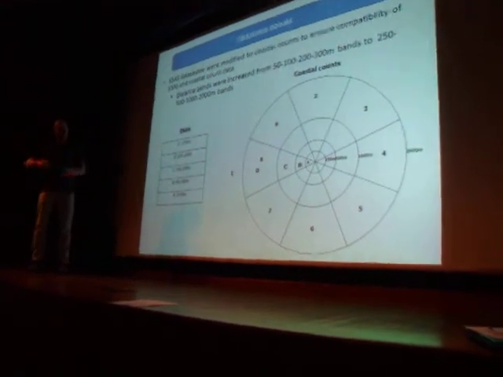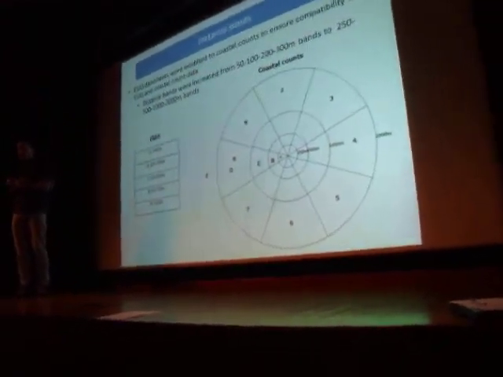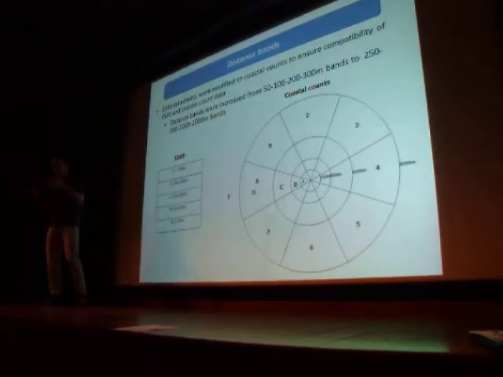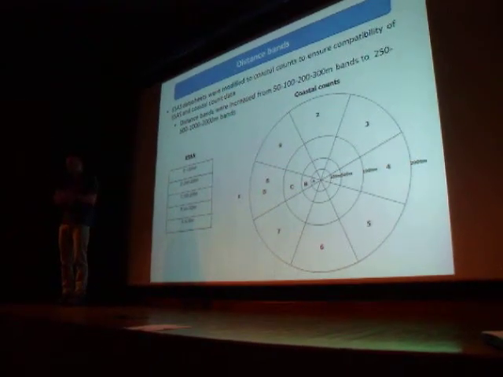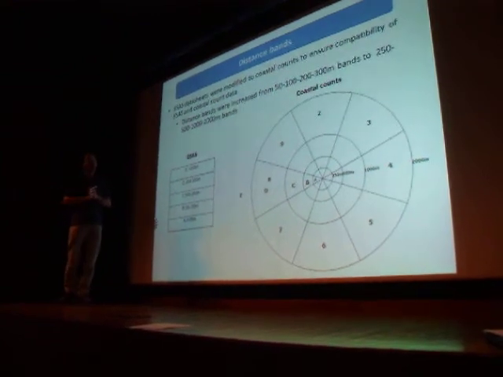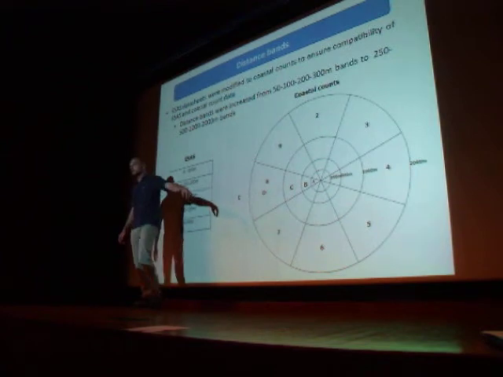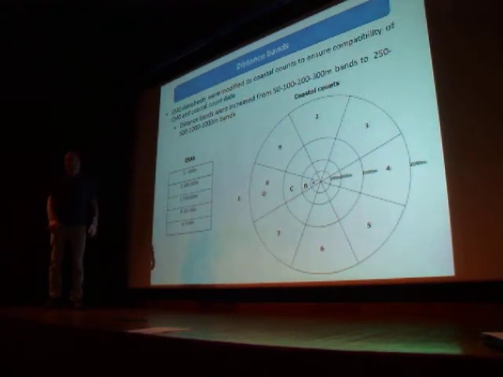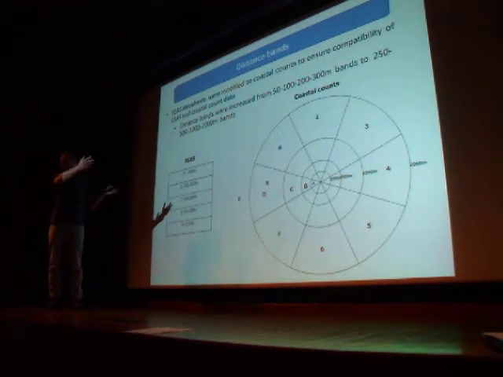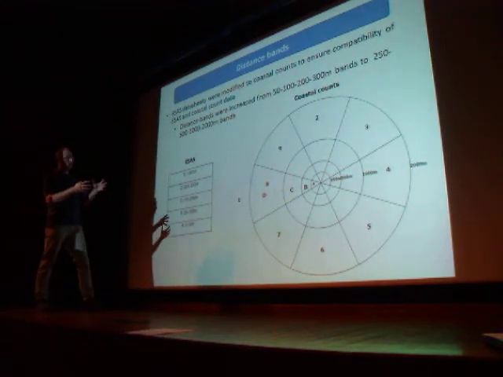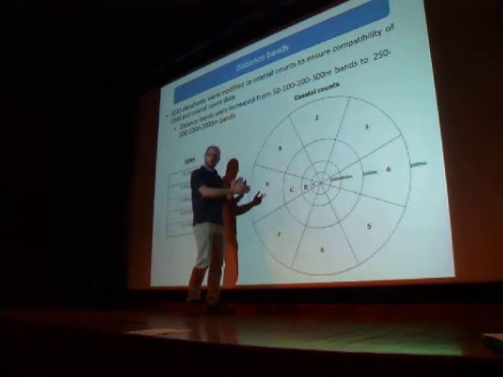Now, these bands can change, of course, but for our purposes in Greece, we have decided that the maximum range will be 2 kilometers. If needed, all this can be modified, of course, but it's just important that you have some distance bands,